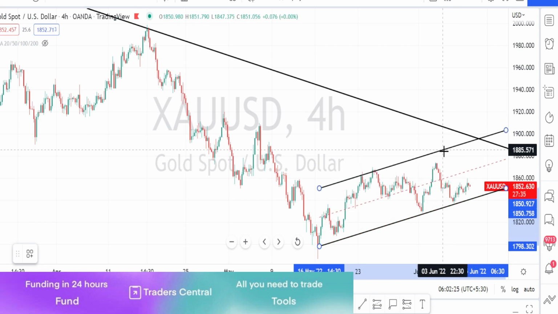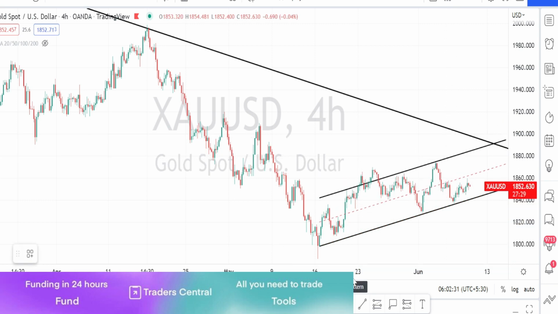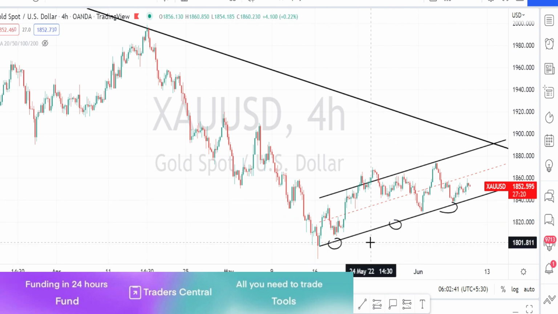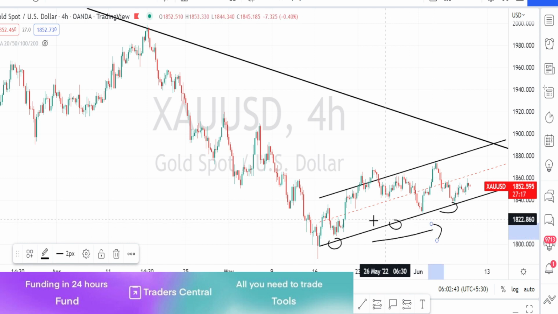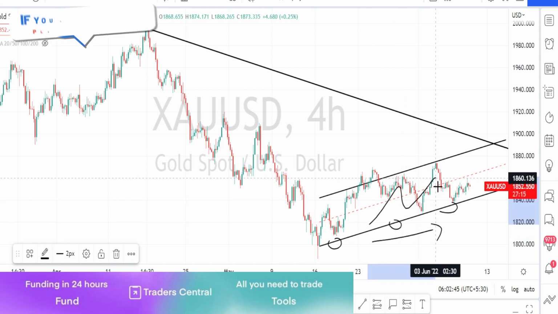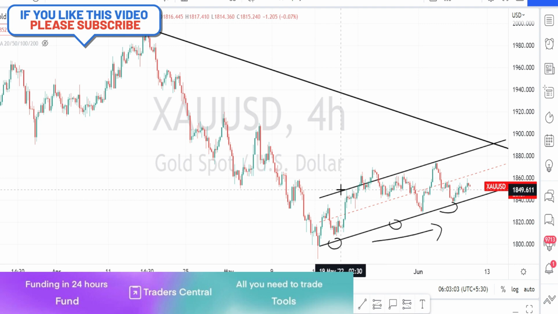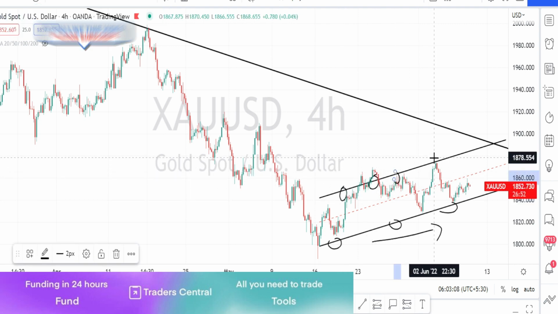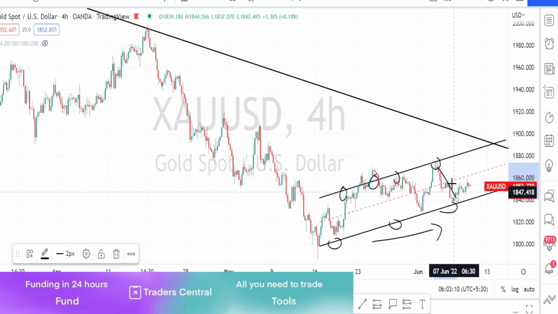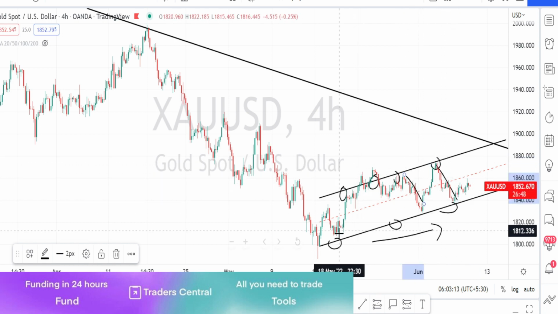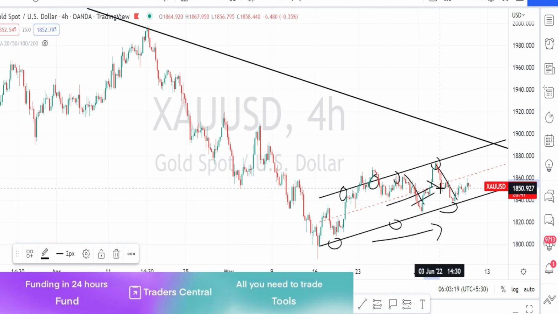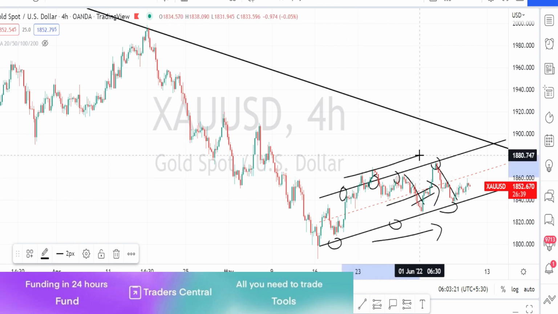I am drawing a channel pattern over here, and it did not break this support line or the trend line. So considering this trend line, it is still in a bullish trend from the support line view. I have drawn a resistance line over here also, and whenever the price action tests this resistance line, we have noticed the price action bounce back on the bearish trend reversal. And overall the price action is in a bullish trend because it is still trading within a bullish channel pattern.